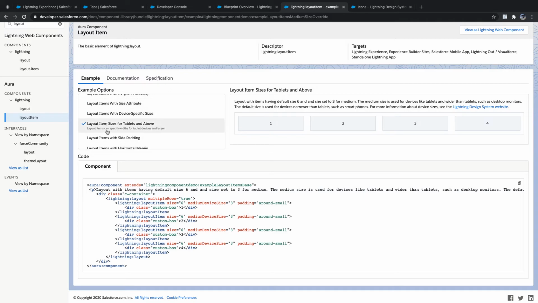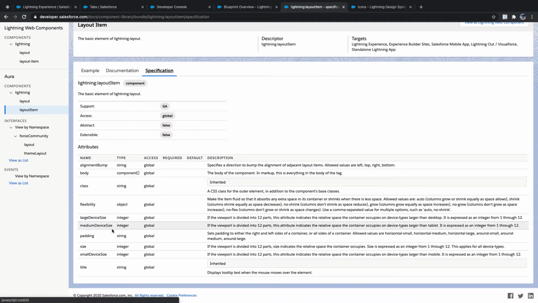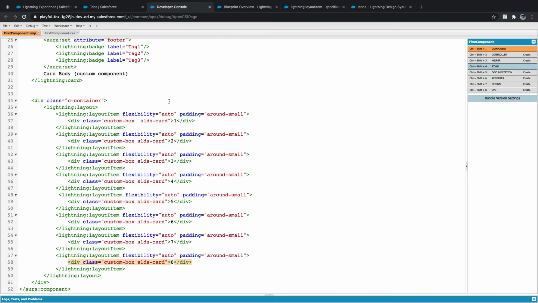If you want more details about this, you need to go to the specification, documentation, not specification. In the specification, you can see small devices, medium devices, large devices. Let's say I mention my small device, lightning layout flexibility auto, so small device equal to 12. 12 means the number of columns.